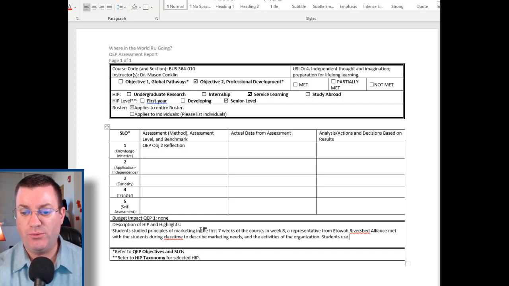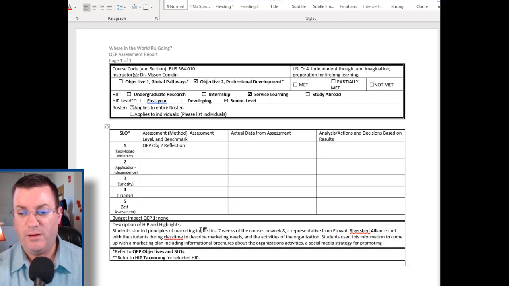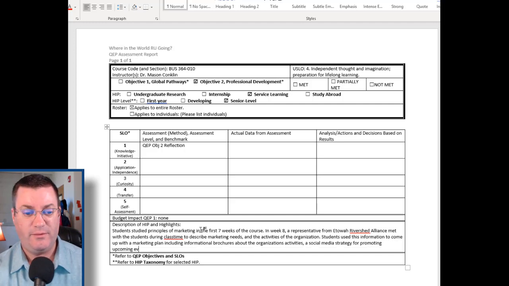Students used this information to come up with a marketing plan, including informational brochures about the organization's activities, a social media strategy for promoting upcoming events,